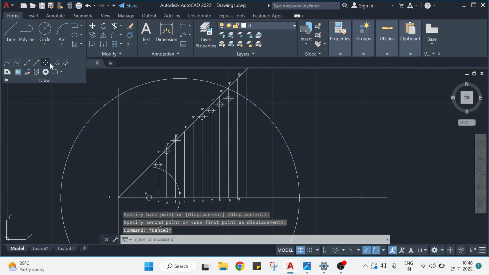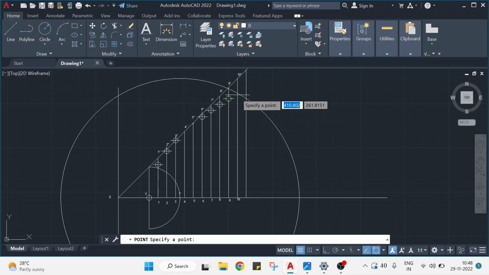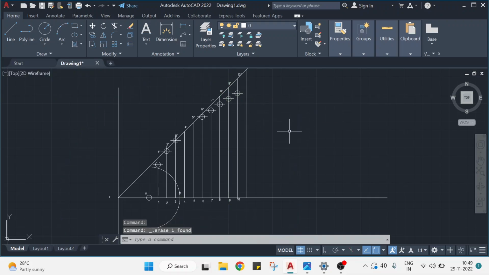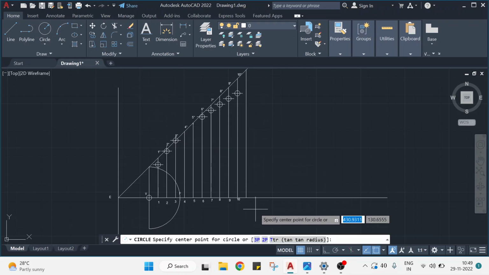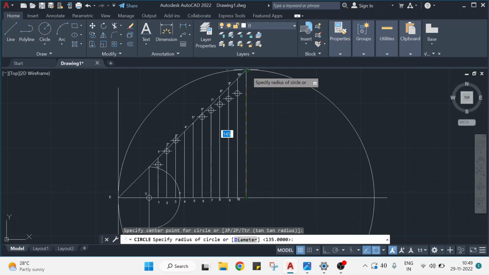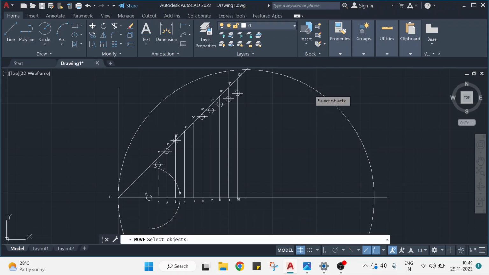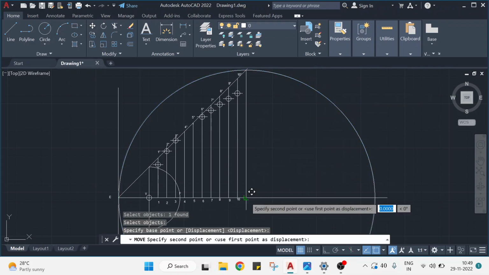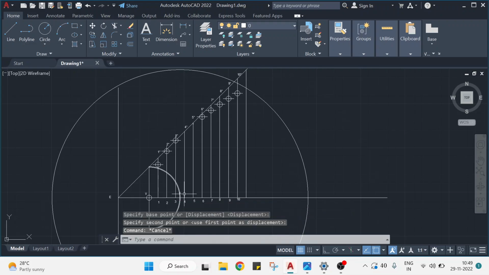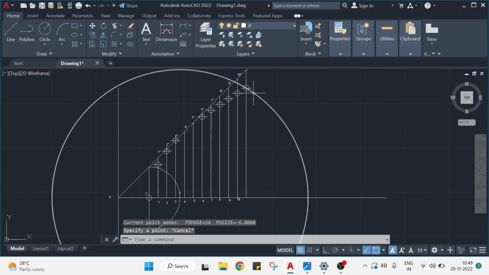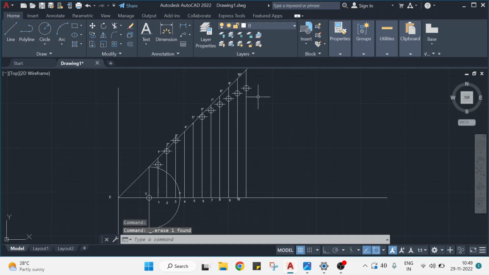Again it will cut, I will go points, and I will just select a point. Again I will just delete this circle, the 11th point, maybe the 11th point I will choose. I will go for move command, I will select this, enter. From this point to focus, and now I will just go, I will pick a point, and now for these